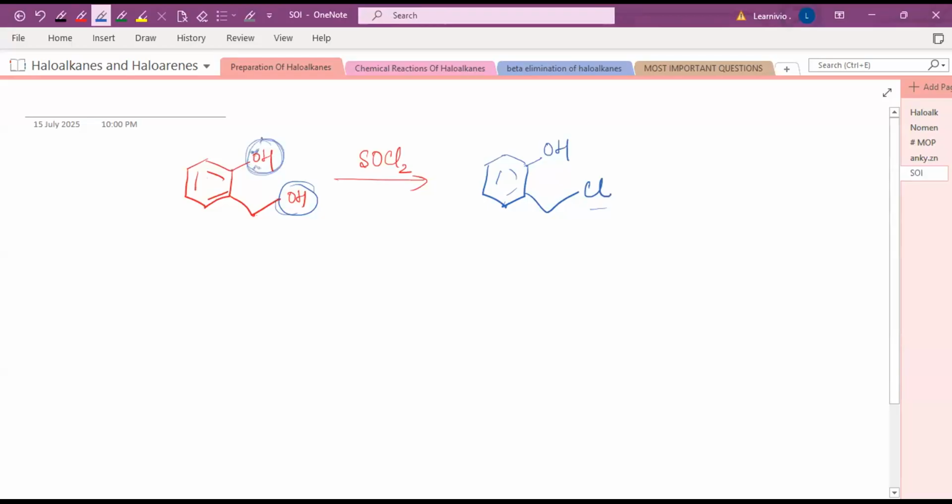रिमूव करना, राइट? बिकॉज दिस OH group, this oxygen is involved in the resonance, right, with this benzene ring. Okay, so it is not free for the protonation. Okay, so that's why this OH will be replaced by this chlorine group, and you will get this. Got it, Muniba? Yes, ma'am. Okay, so that's all